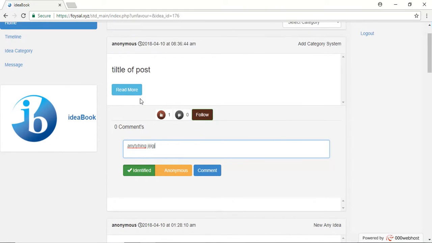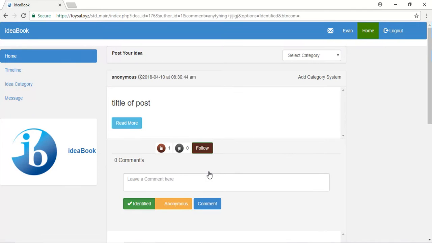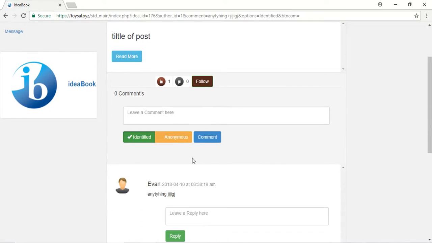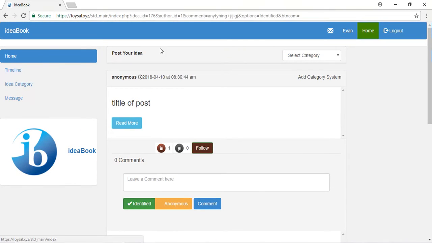I can write any comment for the post, and it can be done identified or anonymously. I can keep my profile hidden also. If I want to, then I will click anonymously. If I want my comment to be identified, then I will click identified. Then I'm choosing identified comment. See, the comment has been done. If I want to check whether my comment has been done or not,